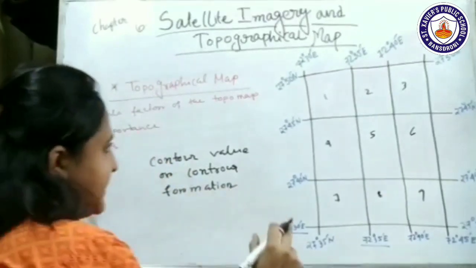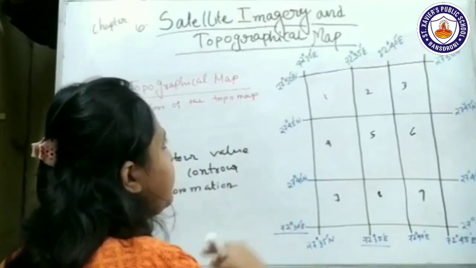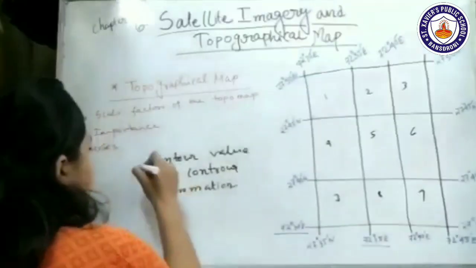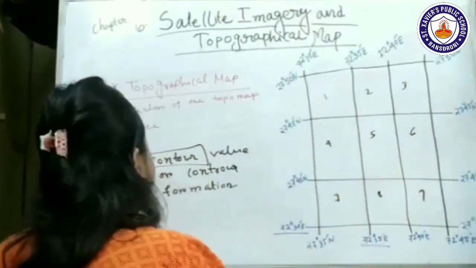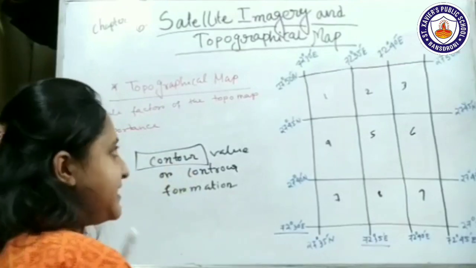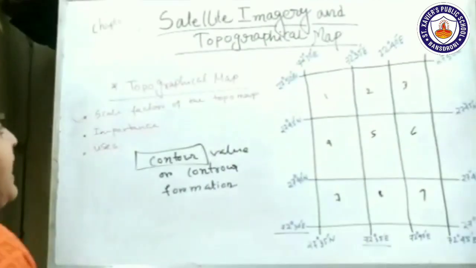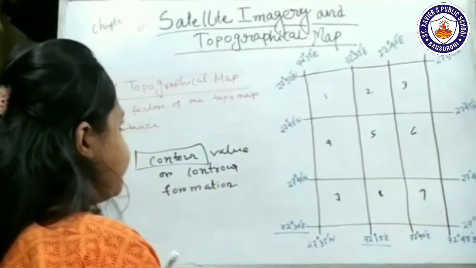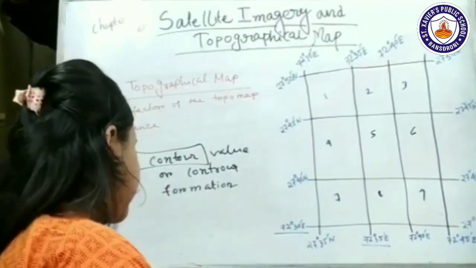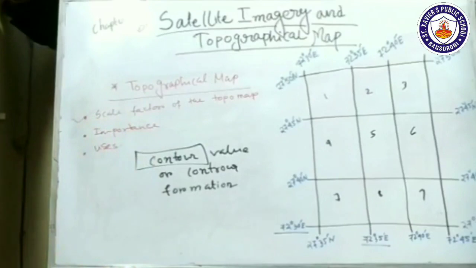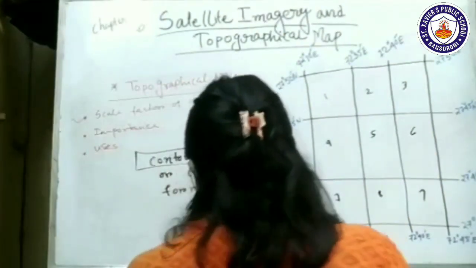A contour is an imaginary line which shows the altitude of a particular land area. Okay, so this is the contour. This contour value is also included in the topographical map. So what is a contour? A contour is an imaginary line which shows the altitude or height of a particular land, right? And the topographical map is surveyed by the Survey General, the general surveyor of the topographical map. Okay, so what is the contour value?